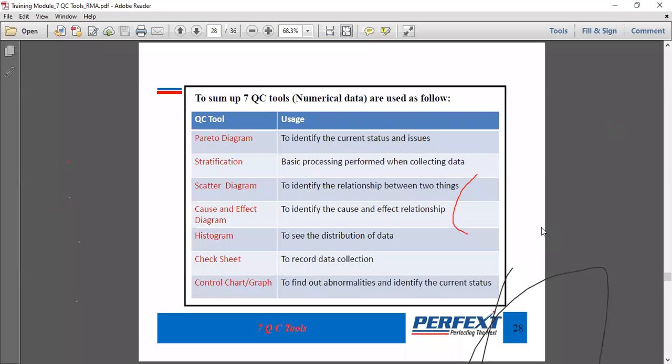If I am having a fever, I have to identify the reason for the fever. If I do not go to the root of the reason for the fever, the fever will come to me again. If there are mosquitoes in my home, I could get malaria. But if I do not identify the real root cause of the problem, like if I do not eliminate the mosquito, the malaria is going to come to me again. Yeah, hope I have given the answer.